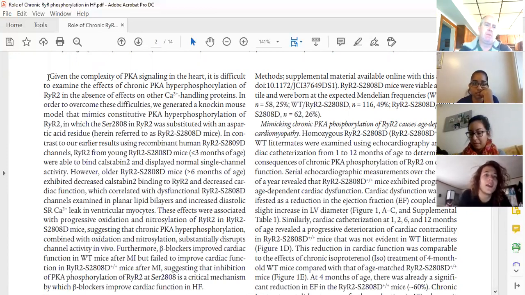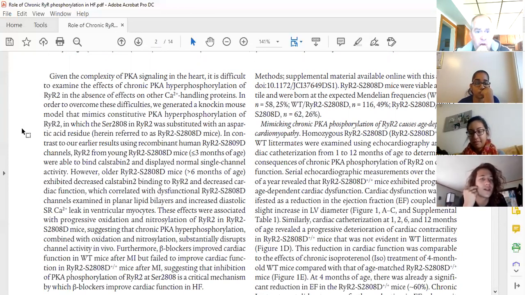Given the complexity of PKA signaling in the heart, it's difficult to examine the effects of chronic PKA hyperphosphorylation of ryanodine 2 in the absence of effects on other calcium handling proteins. In order to overcome these difficulties, we generated a knock-in mouse model that mimics constitutive PKA hyperphosphorylation of ryanodine, in which the serine in ryanodine was substituted with an aspartic acid residue. In contrast to our earlier results, using recombinant human ryanodine,